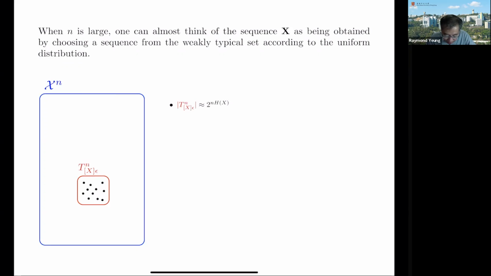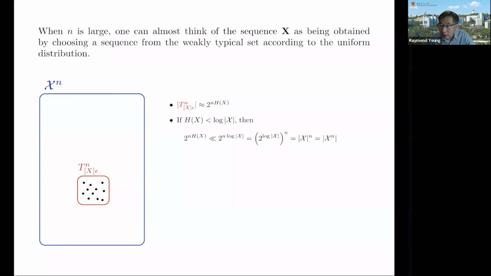According to the strong AEP, the size of the typical set is approximately equal to 2 to the power n times entropy of X. And now, if the entropy is strictly less than log of the alphabet size, which is the case whenever X is not uniform,